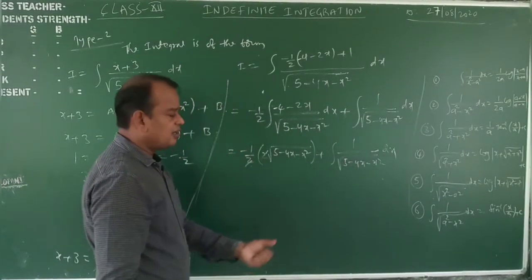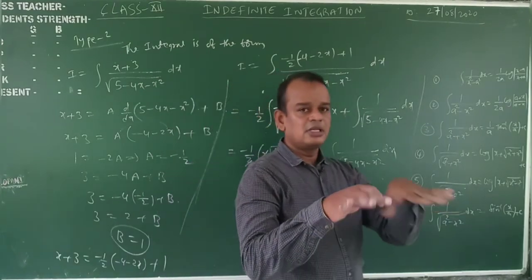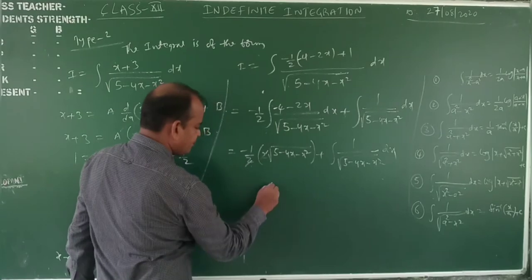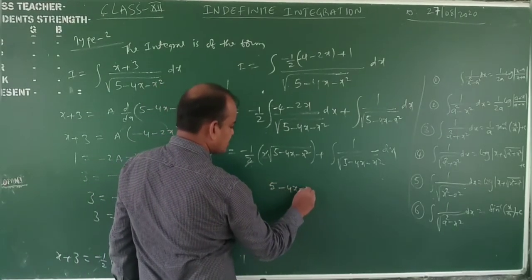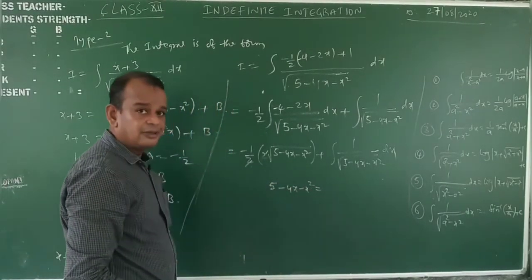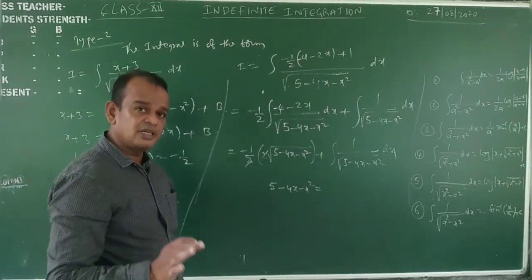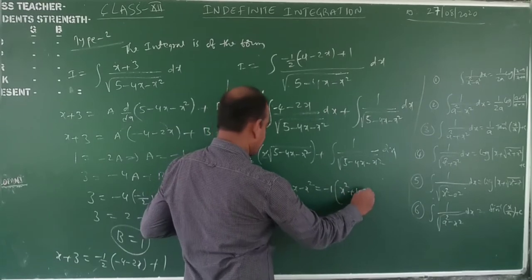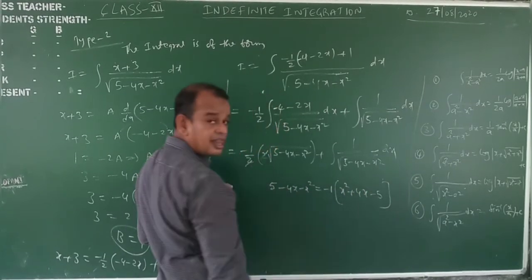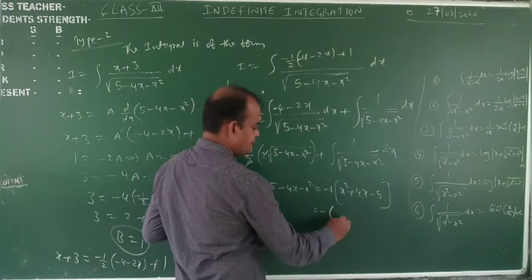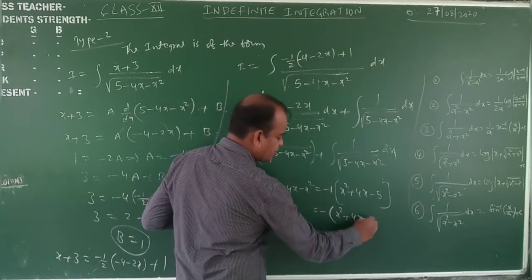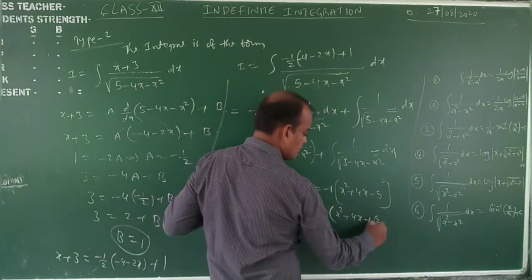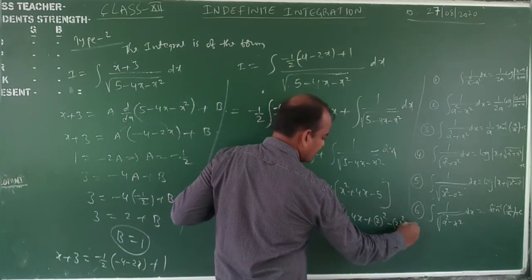First type: 100% it can be converted into sum or difference of the perfect squares of two numbers. How? We will take this one. Now 5 minus 4x minus x square. 100% what I am telling you, x square coefficient is positive. Here minus 1 is there, minus 1 taken common: minus of x square plus 4x minus 5. Minus of x square plus 4x. X coefficient is 4, half of 4 means 2. 2 square plus 2 square minus 2 square minus 5.